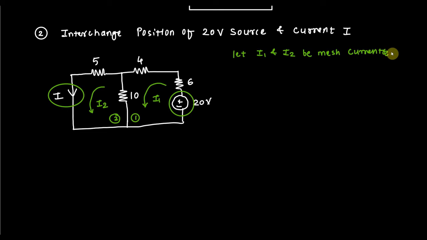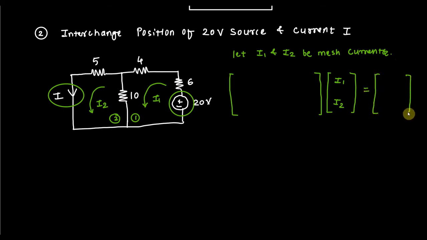Okay, so write down the mesh matrices here. Again the size of matrices is 2 by 2 because it has only 2 mesh. Here current is I1, here current is I2. This is the voltage current matrix, and here we have a voltage matrix. When you follow this direction, it is again plus 20, and in the second mesh there is no voltage source, so I can write this will be 0.